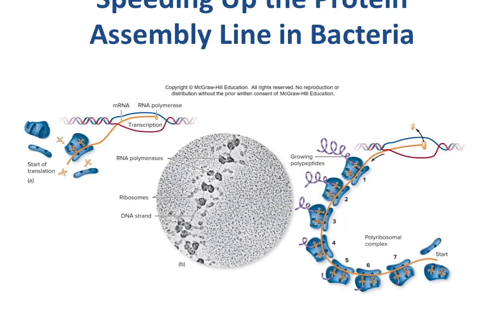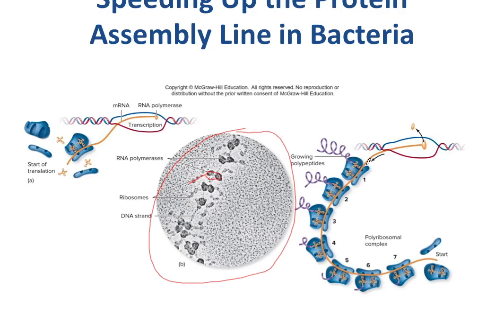So here is the electron microscope view of the translation. These are the small units and big units of the ribosome. These are the polypeptide chains. Okay, so this is the messenger RNA. So we can see here actually in just one